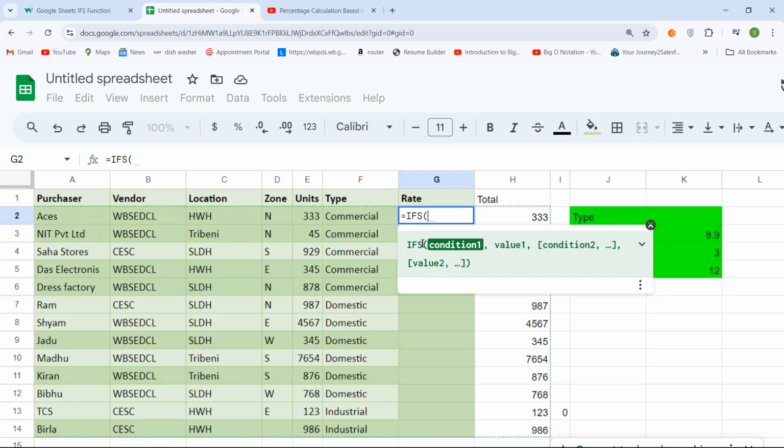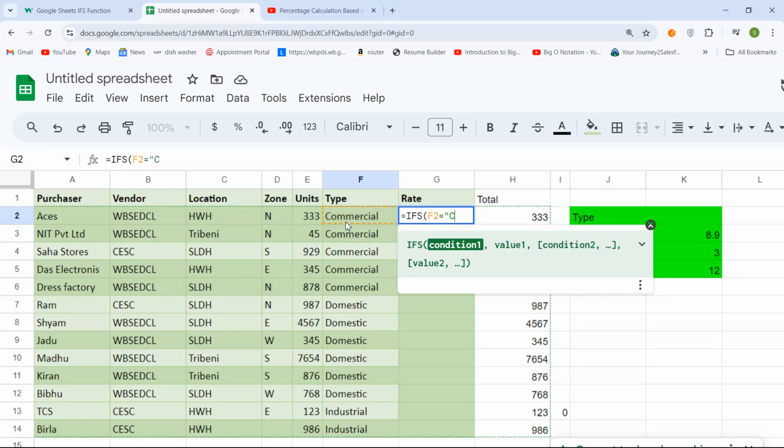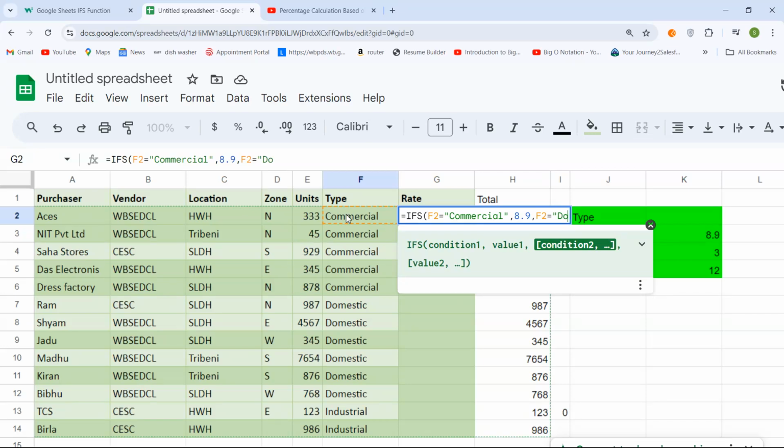telling with some criteria, like if this particular cell is having a value of commercial, then what will be the rate. So for commercial it is 8.9 as shown here on the right hand side, comma, then again another one, so if this one is a domestic one, so for domestic the rate is 3, while